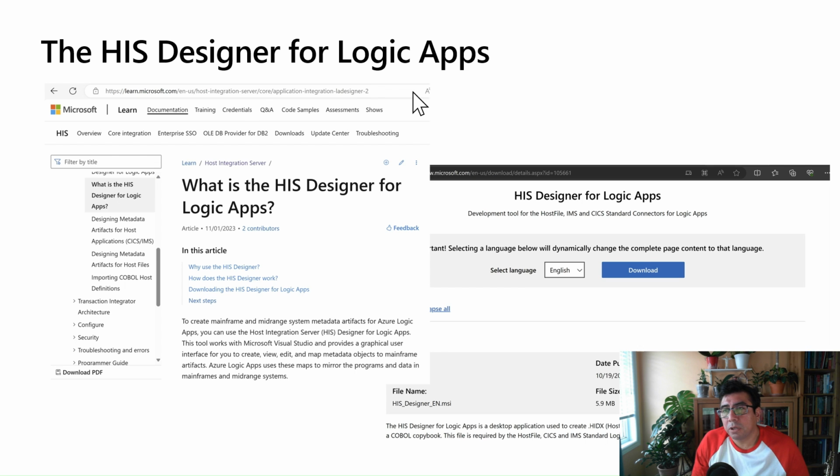So in other words, with this tool, you're going to be able to create these programs without installing Host Integration Server. You just download the HIS Designer for Logic Apps, which is available in the Microsoft Download Center, and install it with Visual Studio, and then you are ready to create these